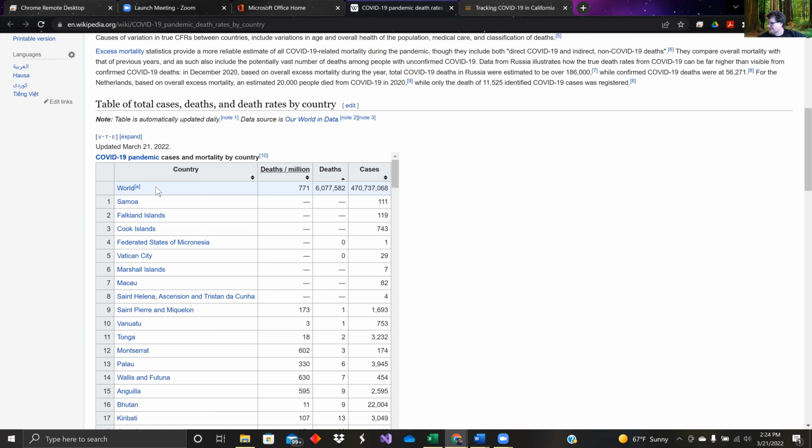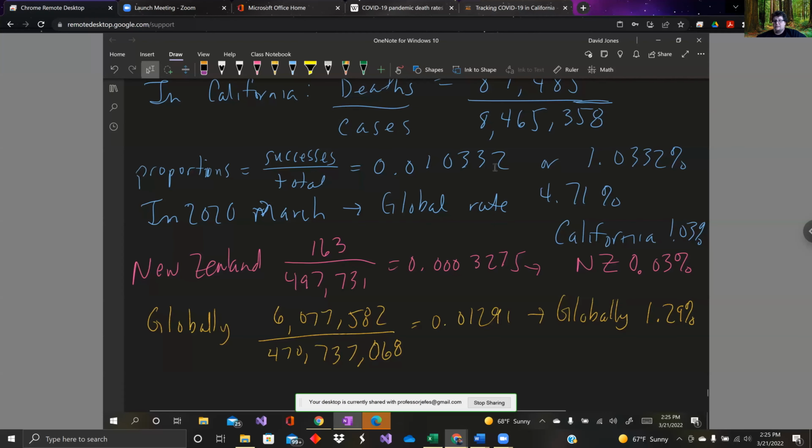So we might look at it and say California's pretty close to globally. New Zealand is not. It's quite a ways away. If you think about how big these sample sizes are, because remember, when we talked about the law of large numbers, the bigger the sample size, the less the effect each one has. So if I add one more positive case to New Zealand and said 164, you can't see what I'm writing. My bad.